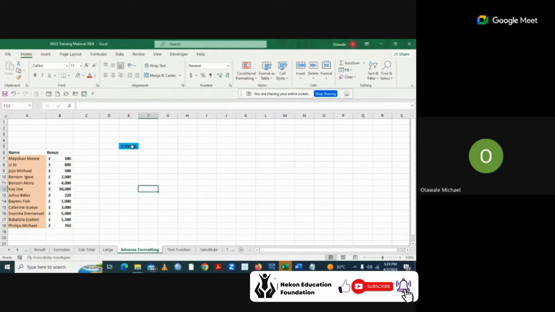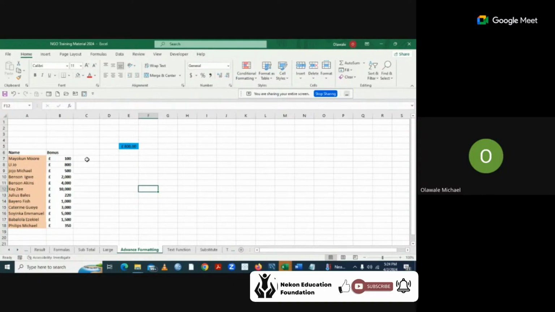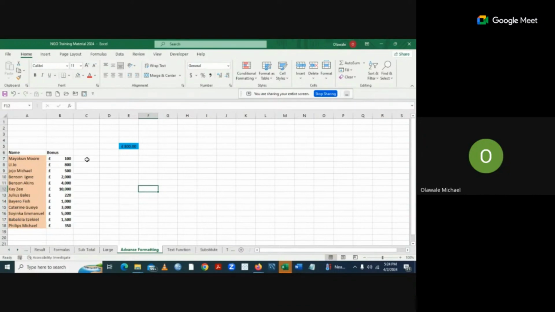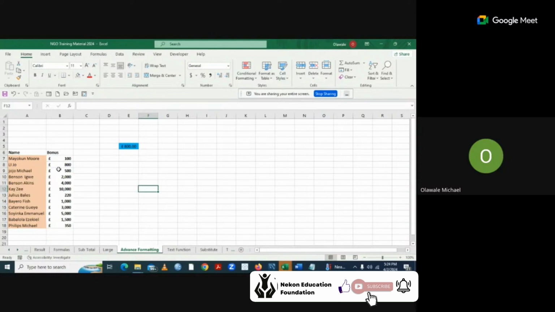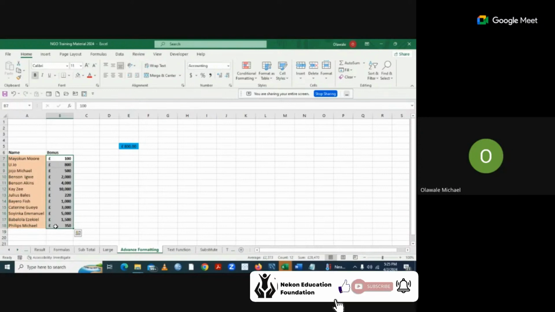I want you to give it a green color. I want you to format it. Anyone that is below, don't format. Anyone that is greater, format. Do you understand? Okay, good. Now let's see how we can go about that. To use conditional formatting, I said you first select this. And then you come to your